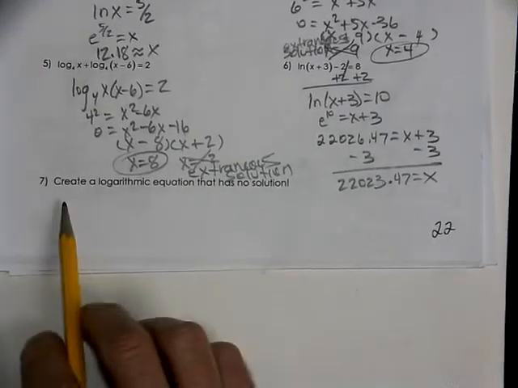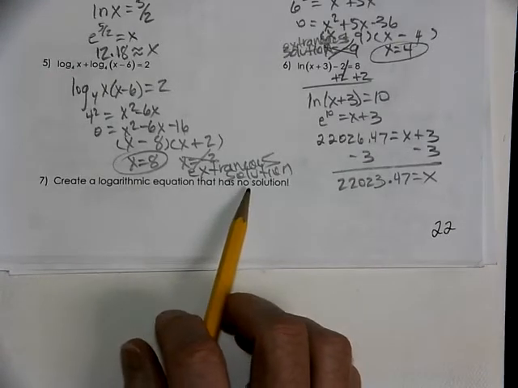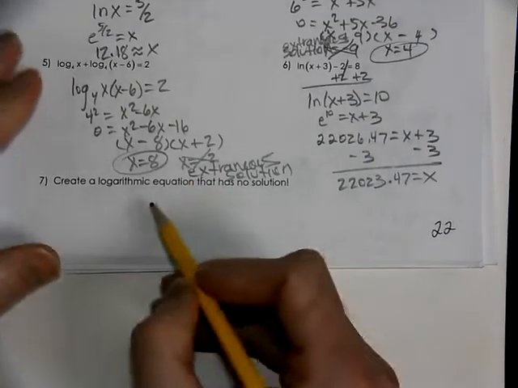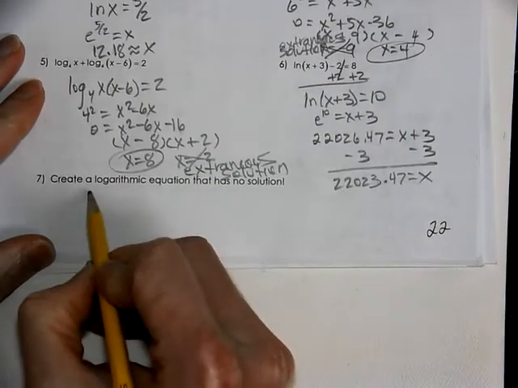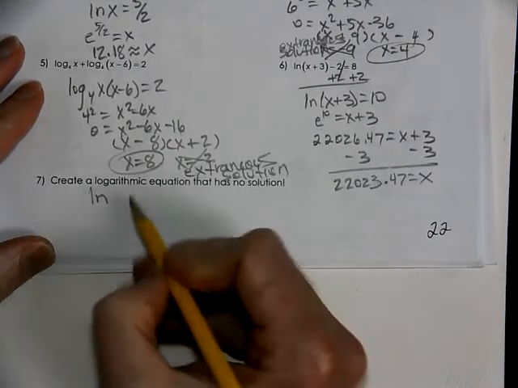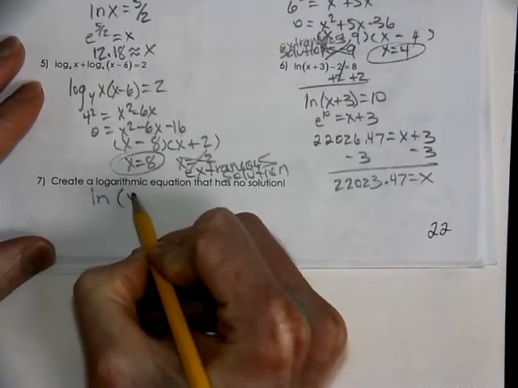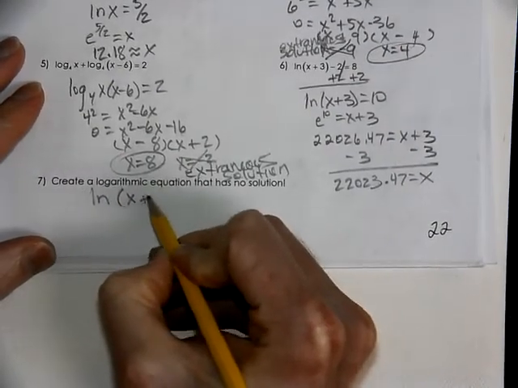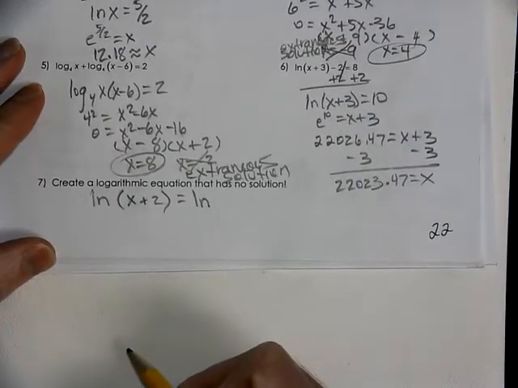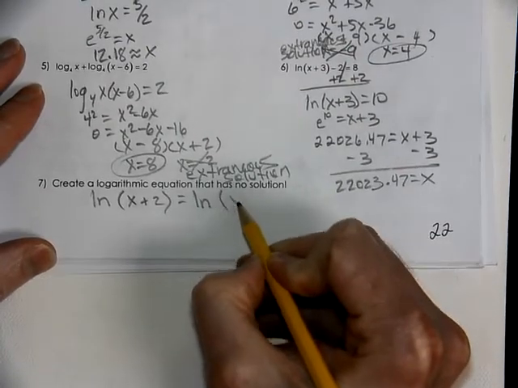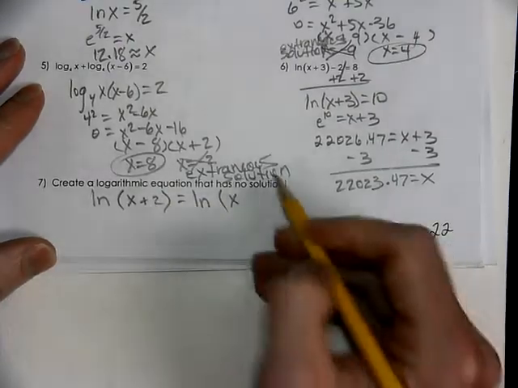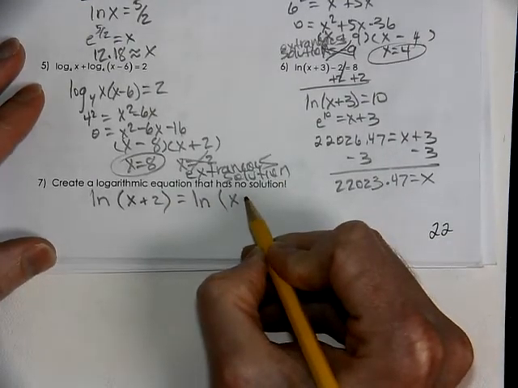So our final question is to create a logarithmic equation that has no solution. There's a couple different situations that we could go through. One that I was thinking about was using a logarithm. ln is just as easy as anything. If you use x plus a number and equal that to the same base logarithm, of course, if we use x both times with a different constant number, doesn't really matter what you use,